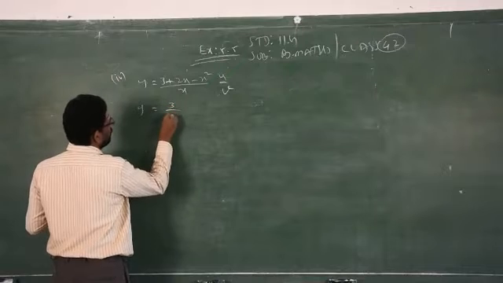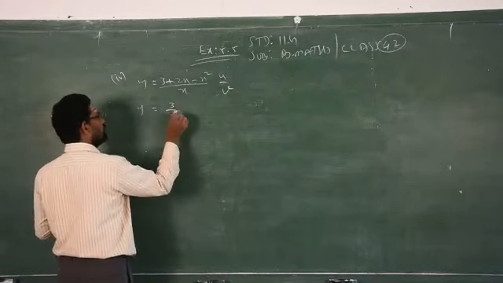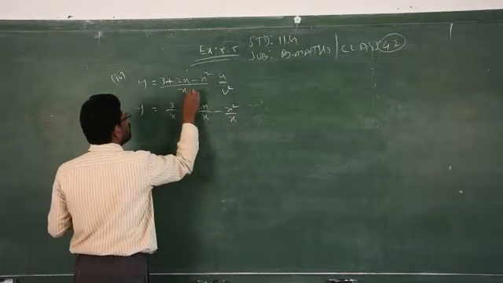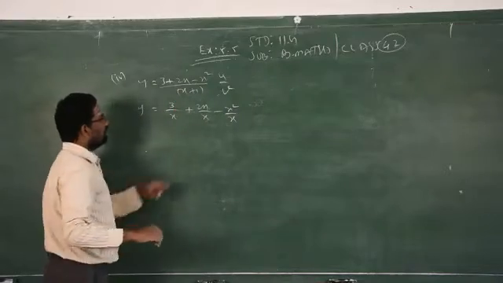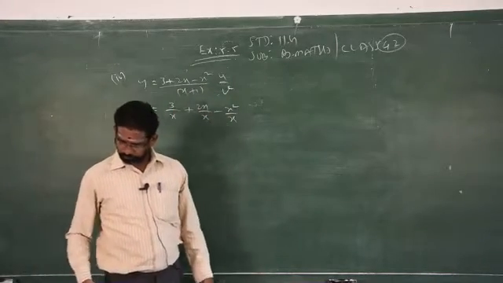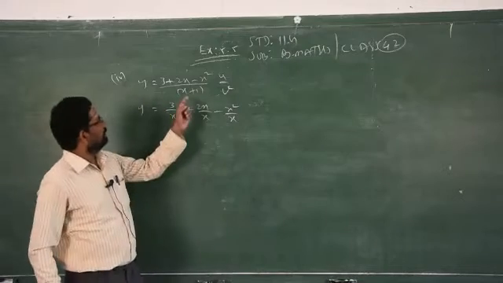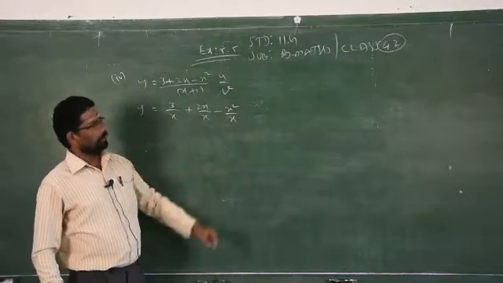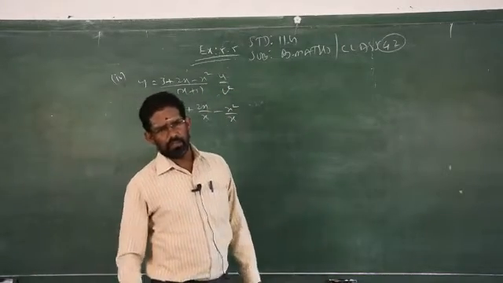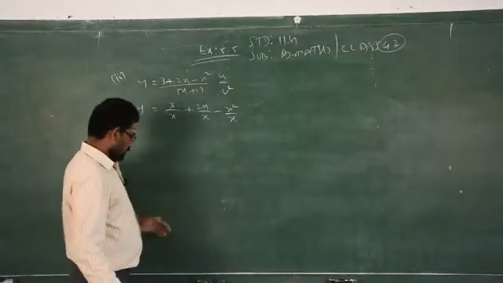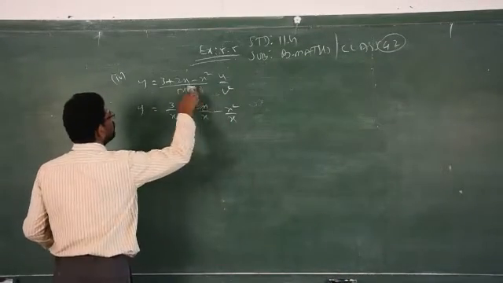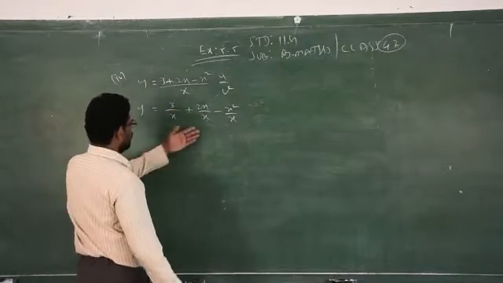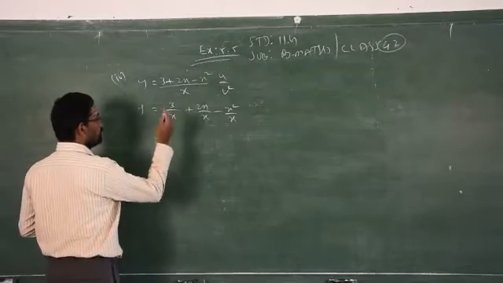So you can separate the numerator with the help of the denominator: 3 by x plus 2x by x minus x square by x. If it is given as x plus 1, then you can apply the quotient rule, that I will teach you. Clear? So if two terms are given in the denominator along with the variable, then you have to apply that u by v method, that is called the quotient rule, that we will see later. Clear? Now in this model we are able to separate the numerator with the help of the denominator like this.